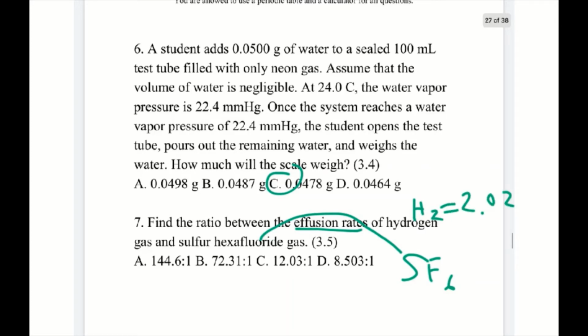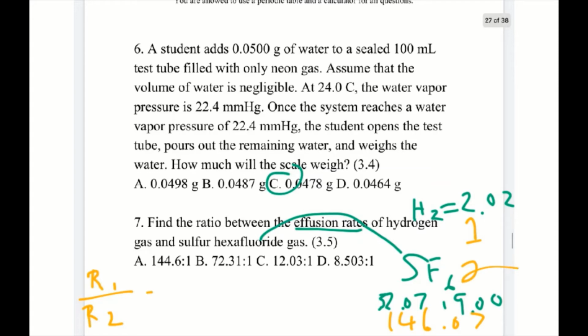This is 2.02, and sulfur hexafluoride is, let me check my periodic table, 32.07, and fluorine is 19.00. So you do 32.07 plus 19.00 times 6, and you get that the molar mass of sulfur hexafluoride is 146.07 grams per mole. Now to find the effusion rate, it's simply R1 over R2, and we'll call hydrogen gas R1 and sulfur hexafluoride R2, and this is equal to the molar mass of SF6, which is the second one,